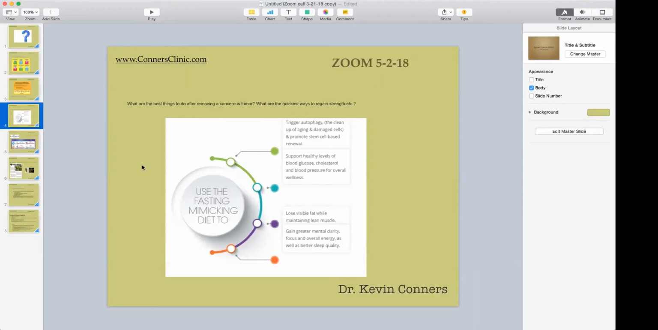You could get the same benefit by using the fasting mimicking diet. So you go on the fasting mimicking diet 5 days a month, and you stick to the diet that we put you on, you're going to have downregulated IGF-1, downregulated mTOR, downregulated PDK. You do not want to go on a water fast for more than 24 hours if you have cancer